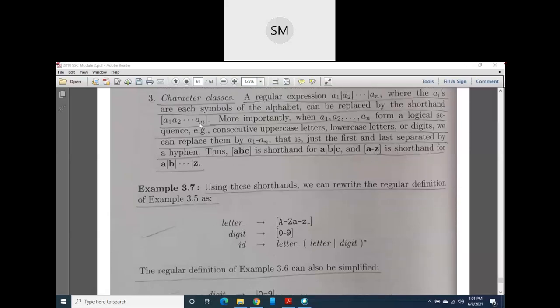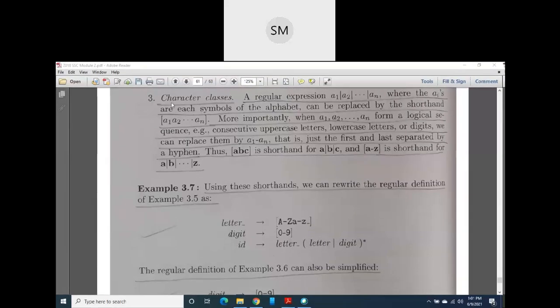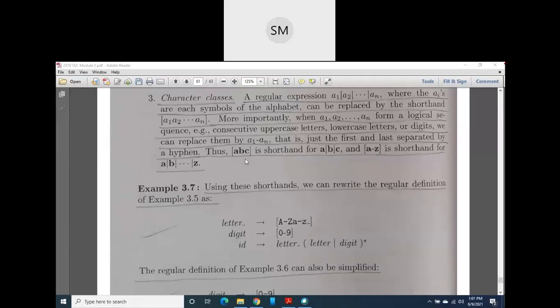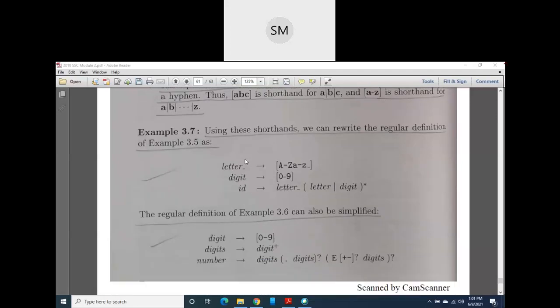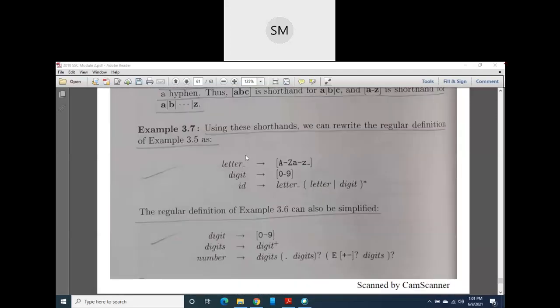These are called character classes. Just remember, whenever the word character classes comes to your mind, you should understand that I can write in square brackets, instead of unnecessarily writing the lengthy sequence of all characters or alphabets. I can just specify them as a shortcut. So these are called character classes. Now let us see one example on this. The following are some shorthands.